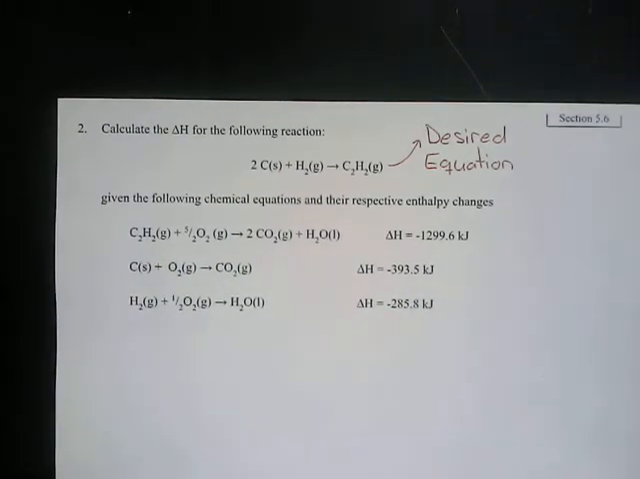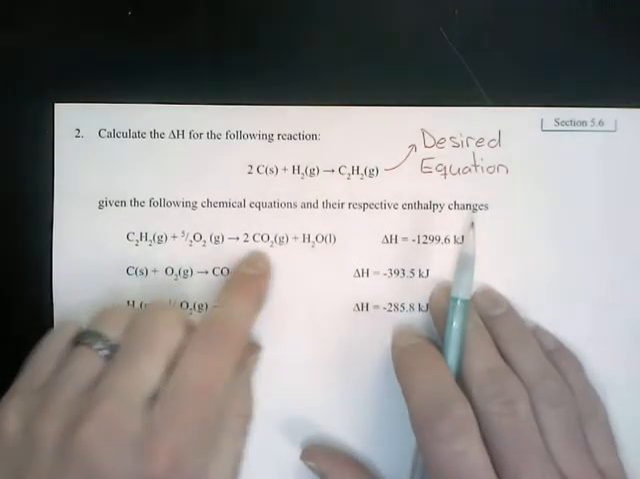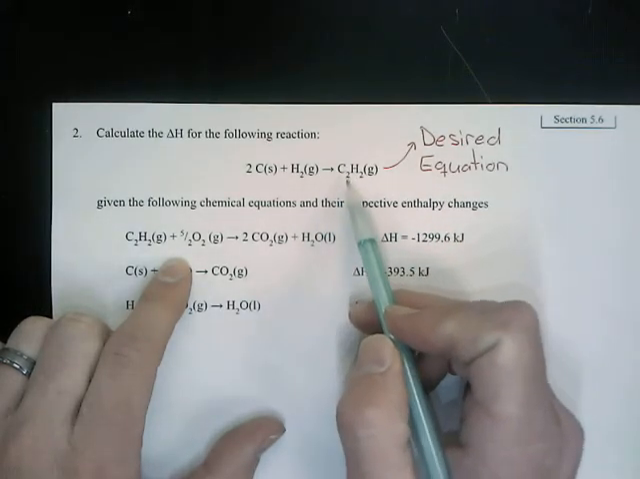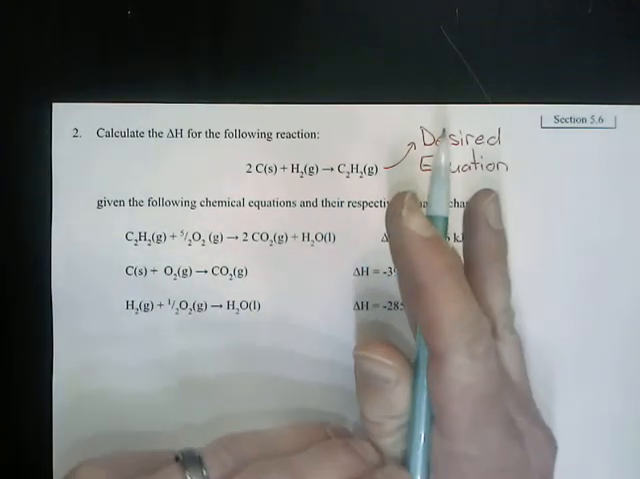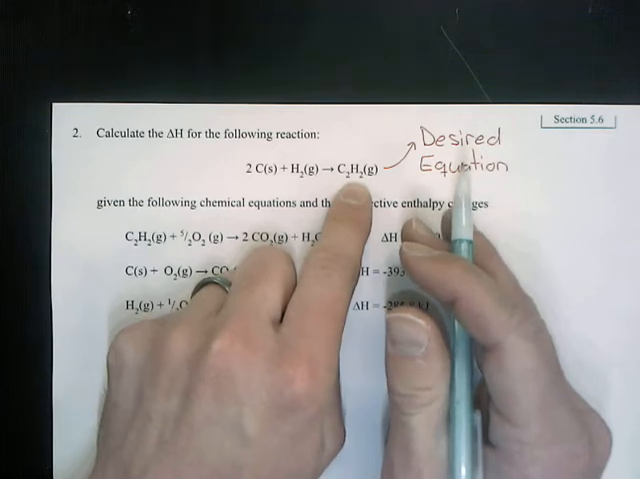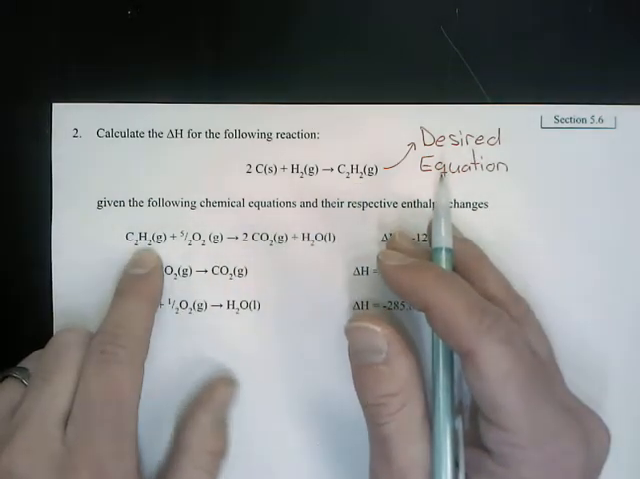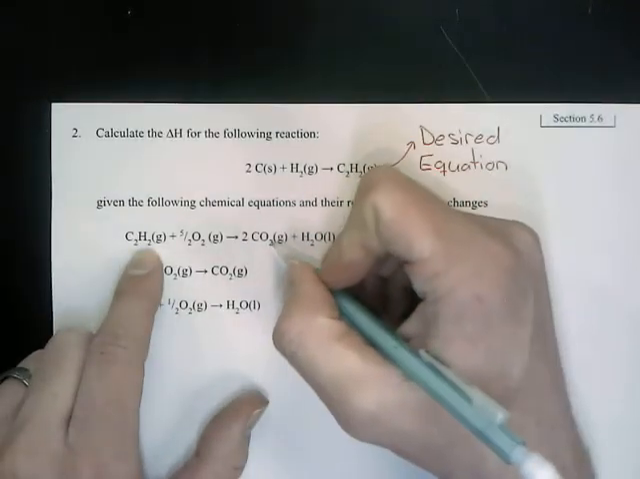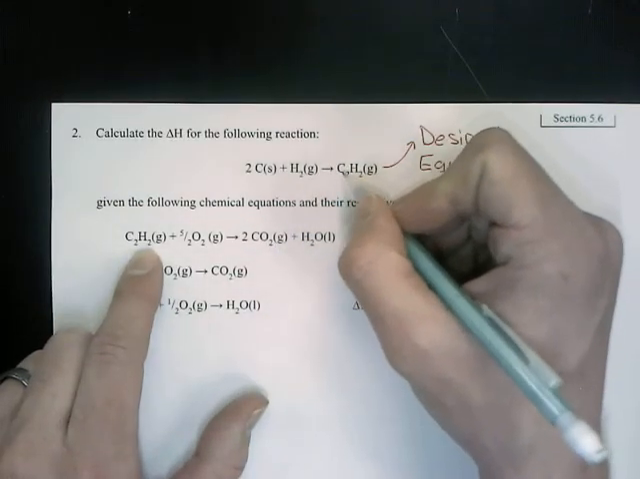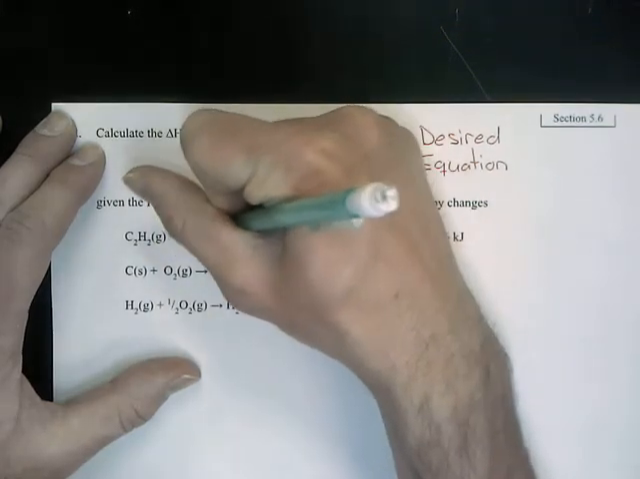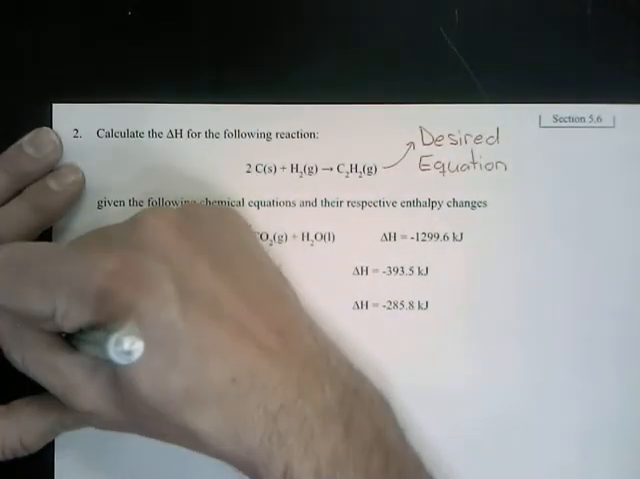So again, the first thing that I look for is this. I look at the first equation and I try to find something that matches up here. Well, check this out. I need C2H2 as a gas, and this first equation has C2H2. However, it's on the wrong side. Now I still only need one of those C2H2s, so all I have to do is flip the equation. So now I'd have